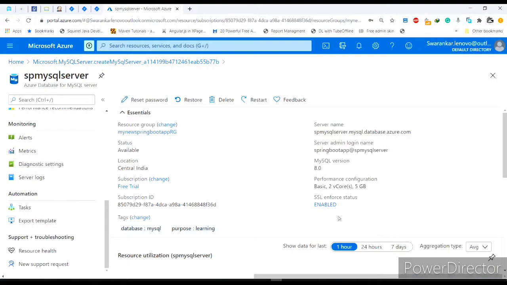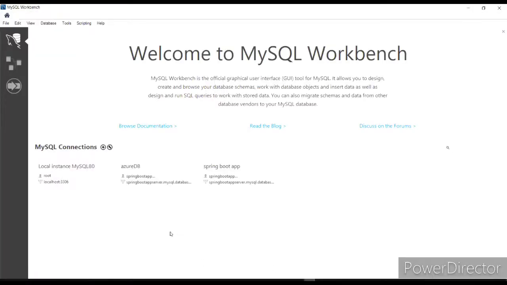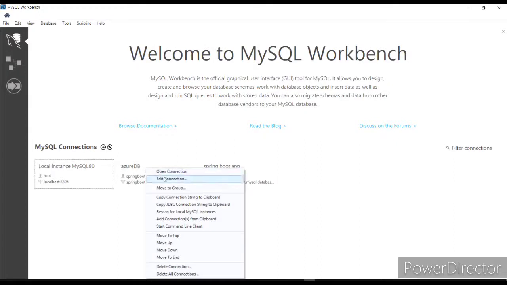Now we will connect our MySQL Workbench with this MySQL server. So just open the MySQL Workbench and edit connection.